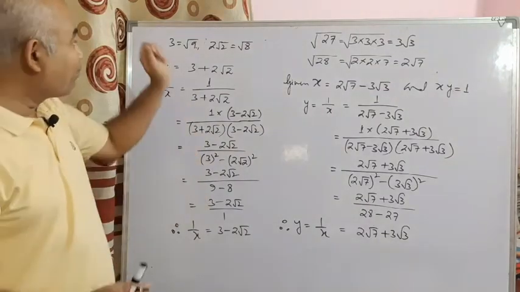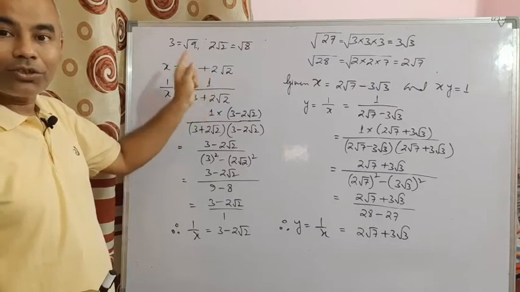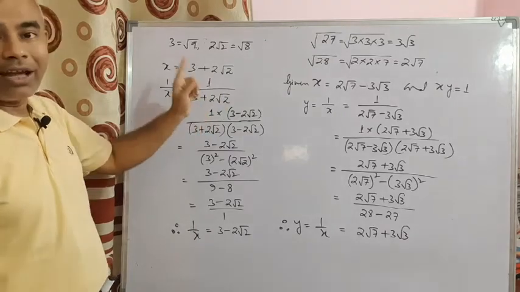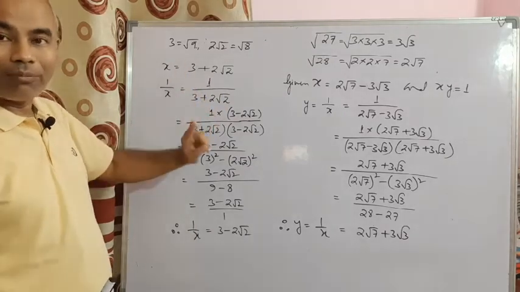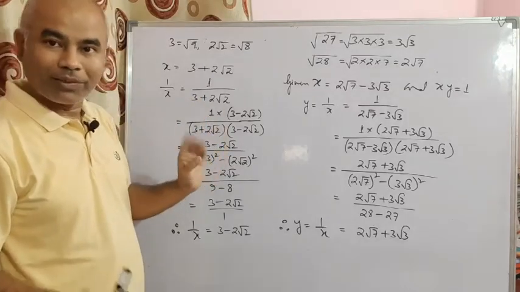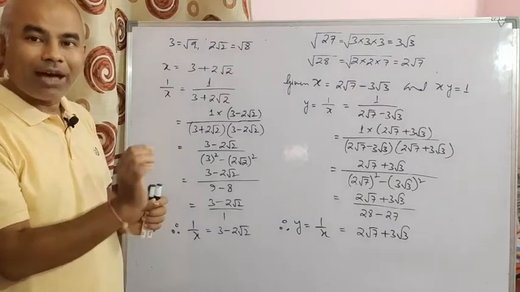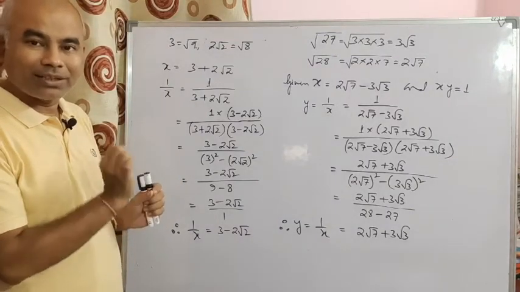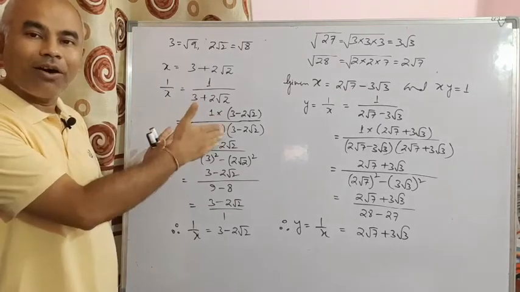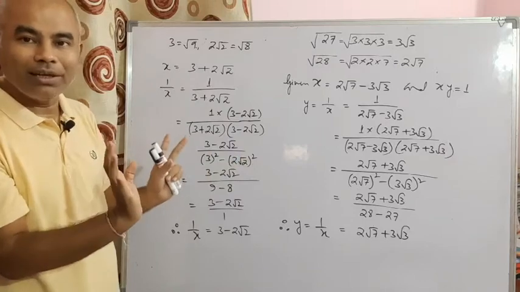So whenever the value of x is like that, it has two terms, they are square roots of two consecutive natural numbers, then what is x and 1 by x? X and 1 by x, they are rationalizing factors of each other. Okay, clear? So now based on this you will have some questions. Okay, let me discuss one question of this type. When x is given of this form, then you have to find out something. Let me discuss one question, things will be clear to you.